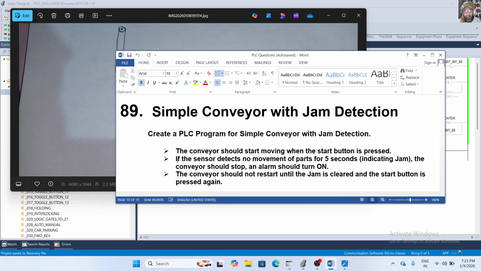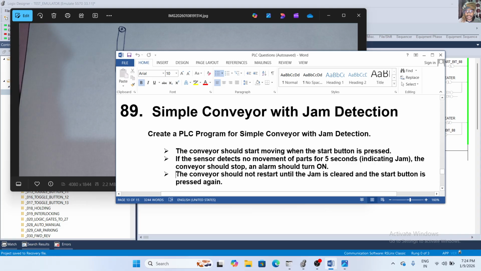After 5 seconds the conveyor will stop, and the alarm will be generated.